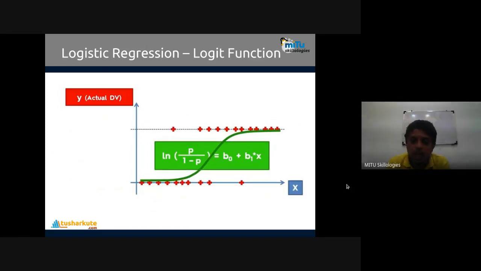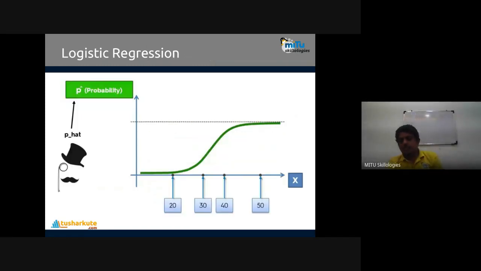But how exactly are predictions possible on that line? We have seen line predictions for linear regression, polynomial regression, multiple regression. But what about logistic regression? Now the model is this. That's what we have shown over here, and the logistic curve, sigmoid curve, will be created. Let's see how predictions are done in logistic regression.